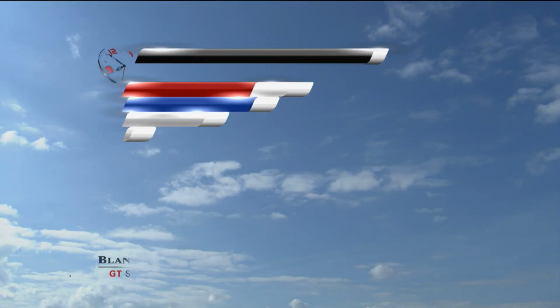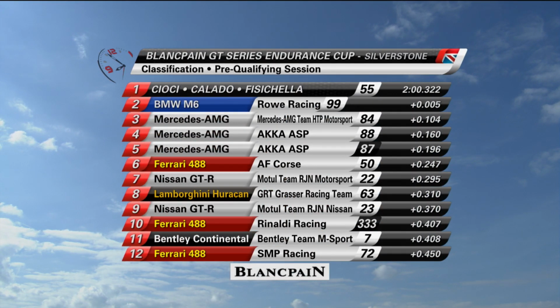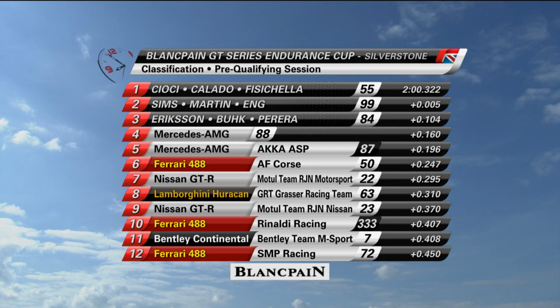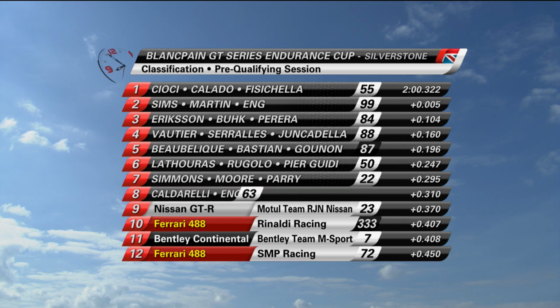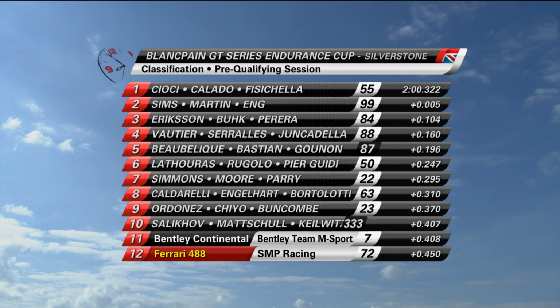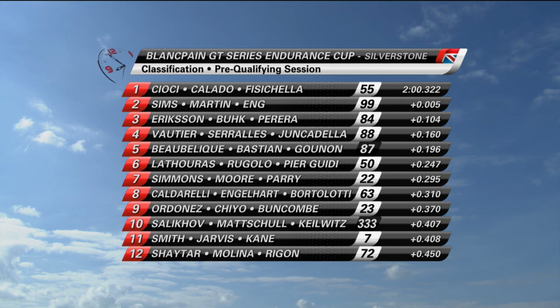So, spread the message. Red flag at the end of pre-qualifying, and the fastest car is the Ferrari with James Calado doing a time of 2 minutes 0.322, ahead of the Alexander Sims, Maxime Martin, Philipp Eng BMW, Jimmy Eriksson, Maxi Buhk, Franck Perera Mercedes. Then the Vautier, Sarales, Juncadella Mercedes from Jules Gounon doing the time, ahead of Alessandro Pier Guidi, Matt Parry up to 7th,